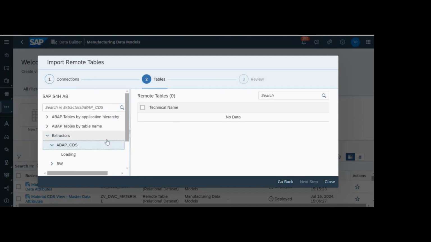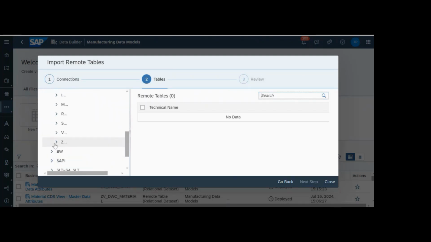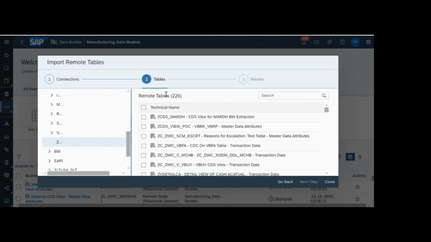So as we have just said, we can replicate standard extractors or the custom extractors. The prerequisite is that it has to be extraction enabled. So for our needs, we have created a custom extractor, which we will be replicating into our DataSphere model. So as we can see, Z says our custom models. As a practice in SAP, all our custom objects will start with Z. So we'll be using Z as a naming convention in our S4 system,